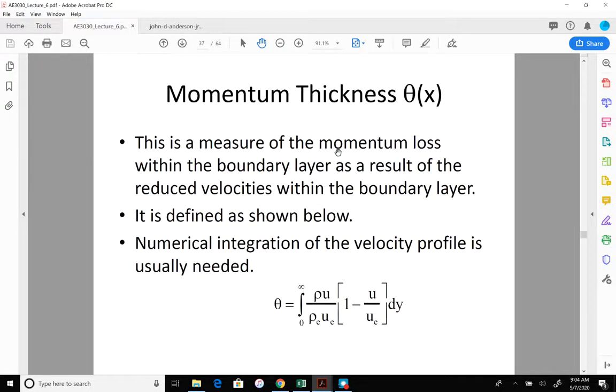Momentum thickness is like displacement thickness, except we are not talking about a measure of the mass loss, but we are talking about the measure of the momentum loss. So this is the mass flow rate. If the velocity was ue, it will be rho u, ue, dy, ue. Therefore,